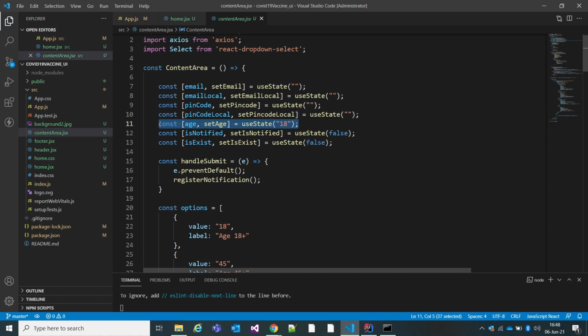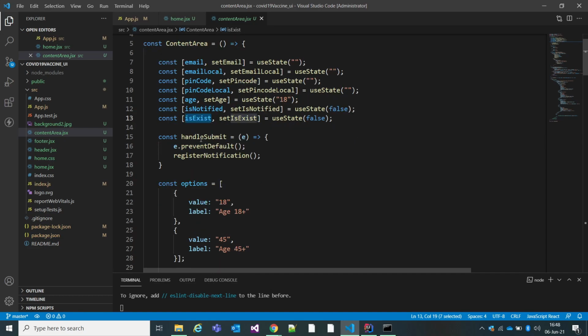There are two more variables I have used, for once it is notified. A notification is sent to the backend, and if for one particular email ID, pin code and age group you have already subscribed, or registered to the backend, it will not allow you to do it again. So yeah, these are the hooks I have created.